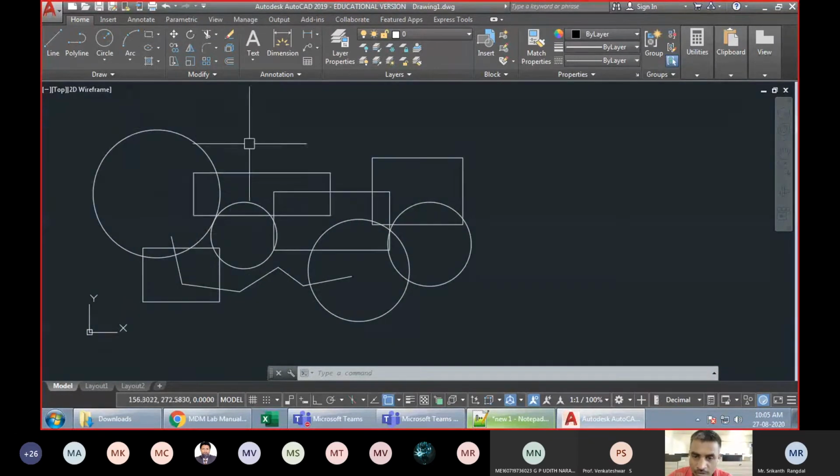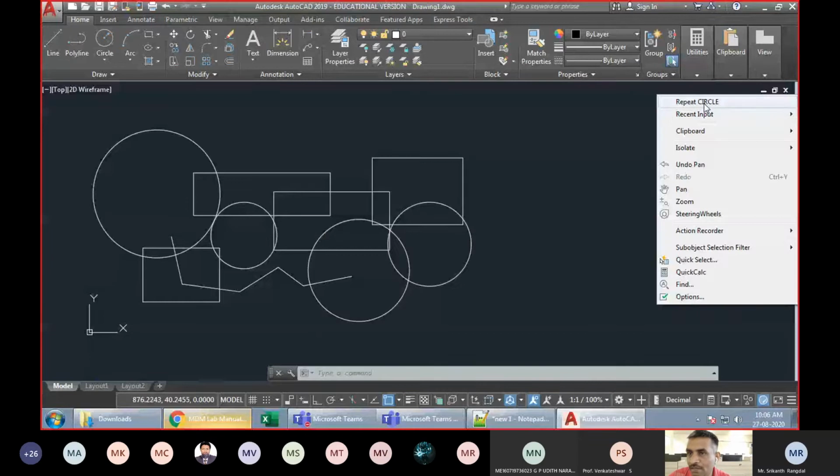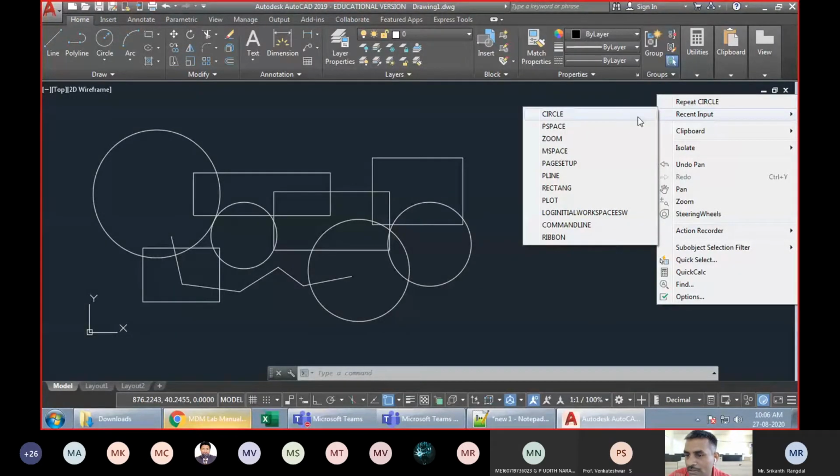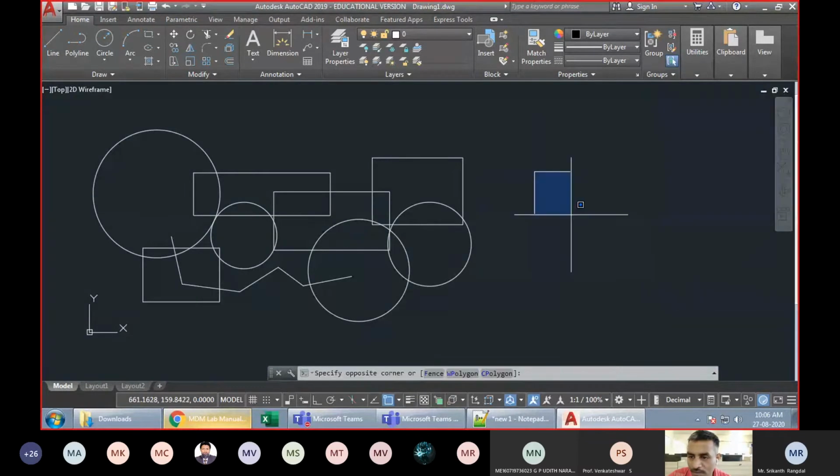Fine. So I was talking about repeating the previous command. I have drawn circle command over here. So if I want to take the circle command once again, no need to go back here and take it. I can just right click anywhere on the screen, and that previous command will be available right here near the cursor. If you want to take the commands before that, you can go just below that, and you can see all the commands that I had given. Since I opened the file, they are all available over here. Fine. So this is one short method to get the previous command.